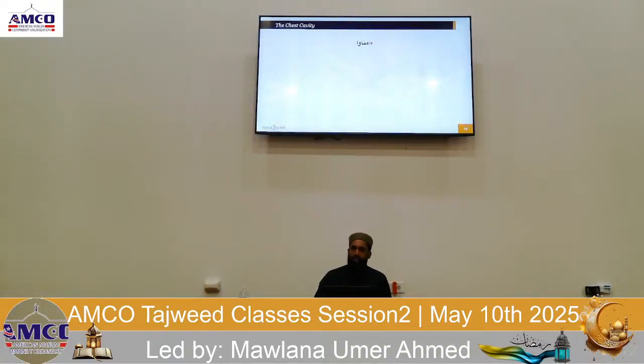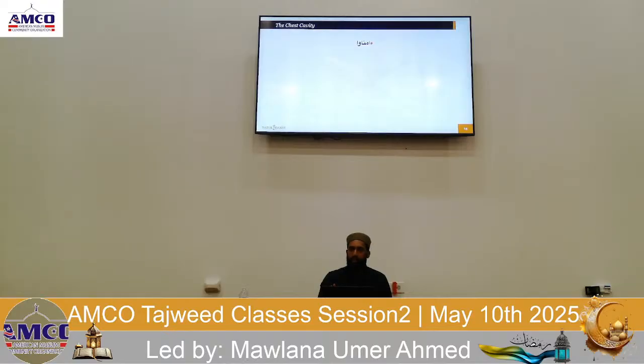So alif is different than hamza. Many times when we grow up learning the Arabic alphabet, we learn alif, ba, ta, tha, and then maybe hamza at the end, or maybe we don't even include hamza. So what's the difference between hamza and alif? Alif never has any haraka. Alif only has sukoon. In this example, when I say amanu, the first letter in red is hamza. The second letter in green is the alif.